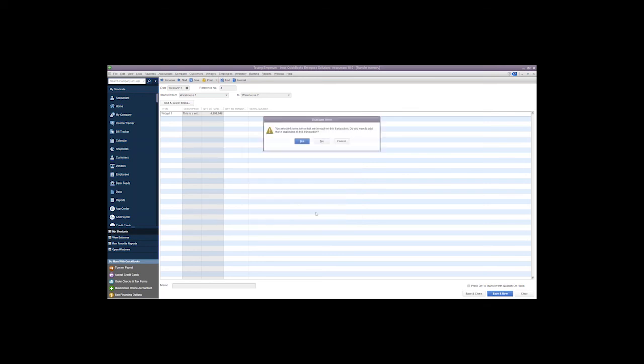And if we were doing a lot of inventory, we can click on this in the background. This is Find and Select Items. We get a new window. We can search here for the item, or we can come through and check everything that we want and just hit Add Selected Items. It says we've already added one item to this, so we're just going to select yes. It'll go ahead and re-add it again. Then we can simply set our quantity to transfer from our quantity on hand, and we would just